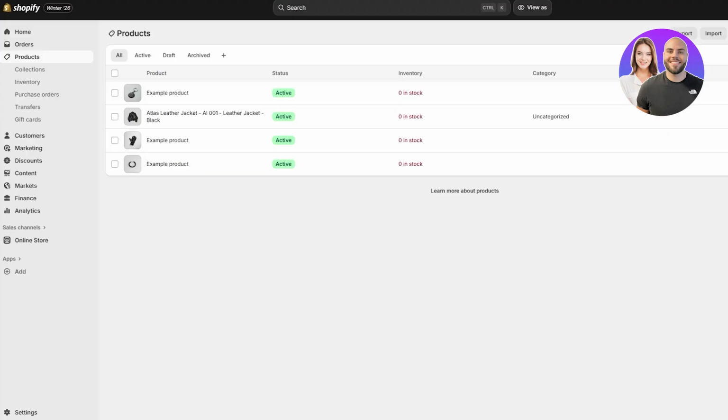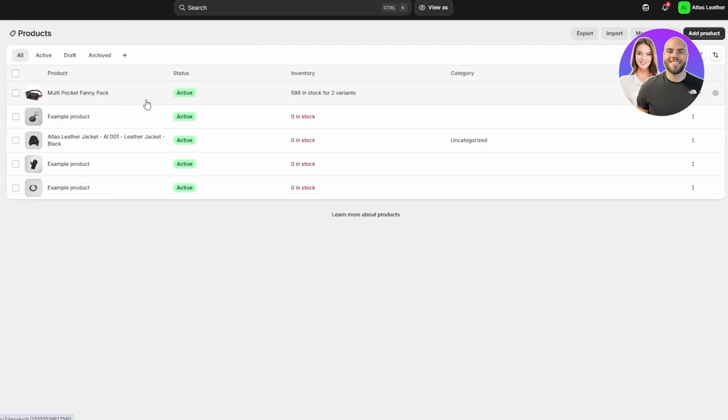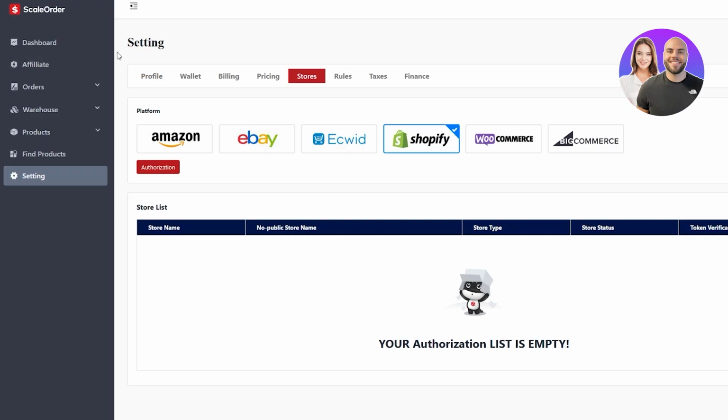So now if we come over here into our store, reload the page, we should have our product. Let me go ahead and reload it again. Products, there we go. We now have our product right here. So it was as simple as that. So this is how we can import products from ScaleOrder directly into our Shopify store